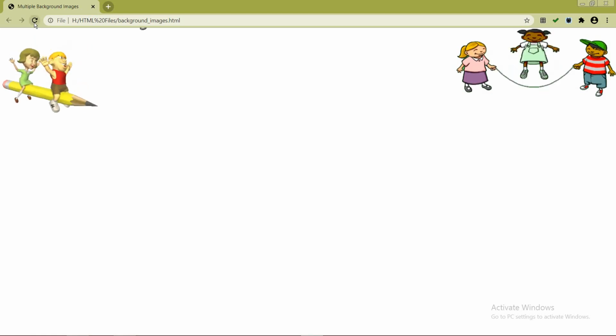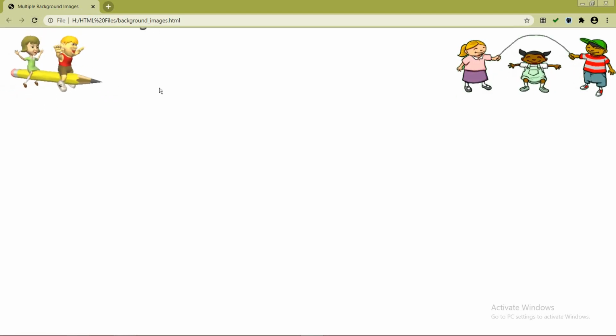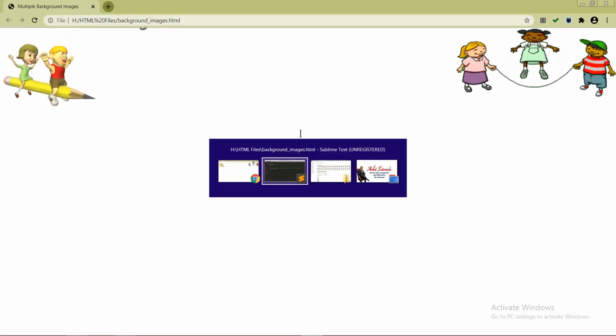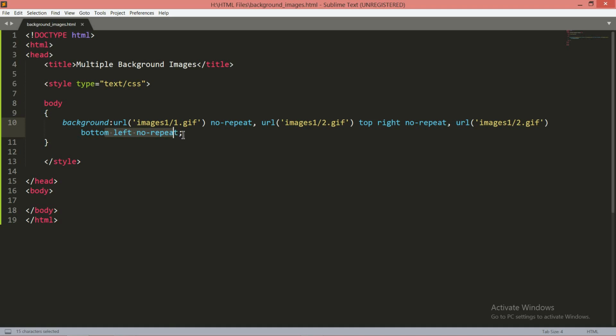Refresh it. Now you can see your image is not coming; it is appearing at the top. Why so? I have just placed the properties, but your third image is not appearing. Because your body tag is empty, meaning we don't have any content within the body tag. To show all the body elements and body images, I have to write some content.